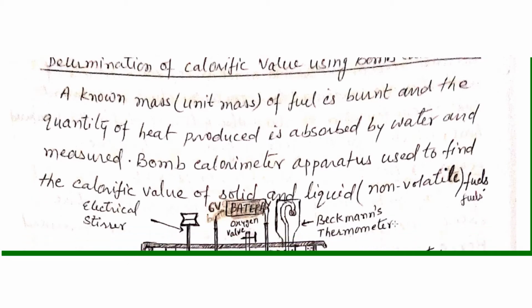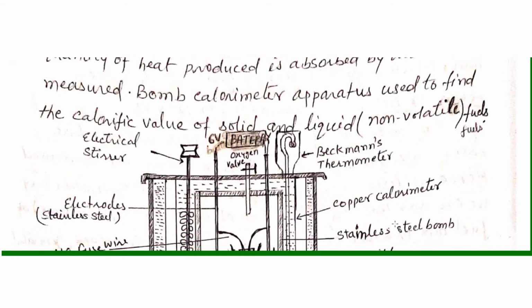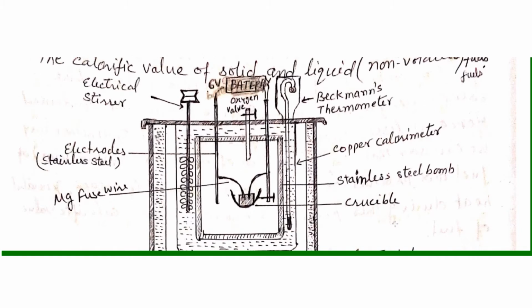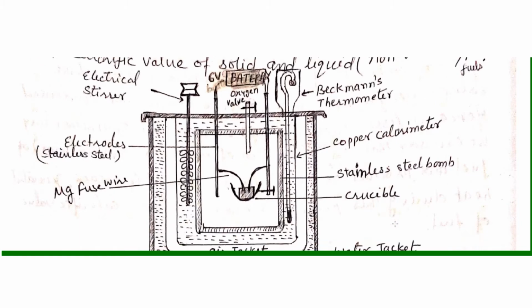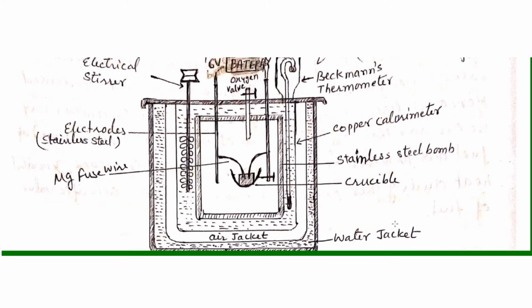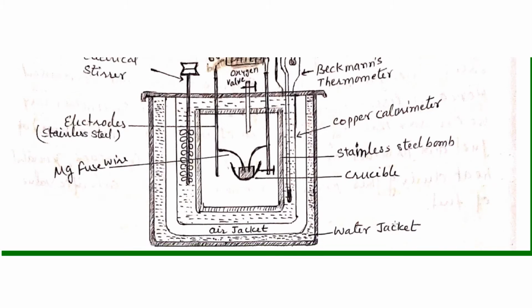For gaseous fuel, we have to use another apparatus, which we will discuss later on. So this is a simple diagram of the bomb calorimeter. As you can see in the diagram,